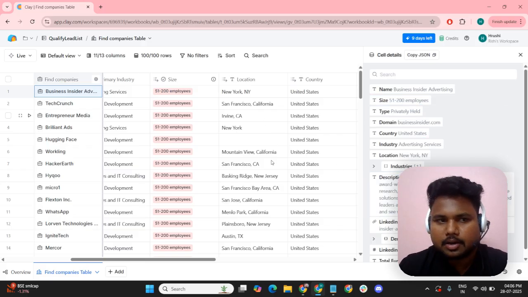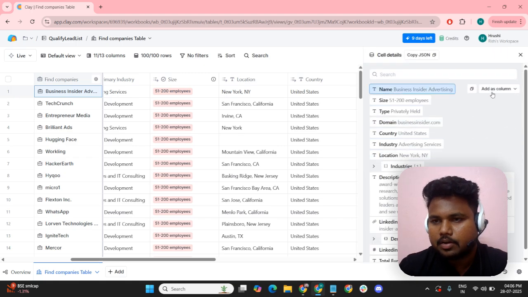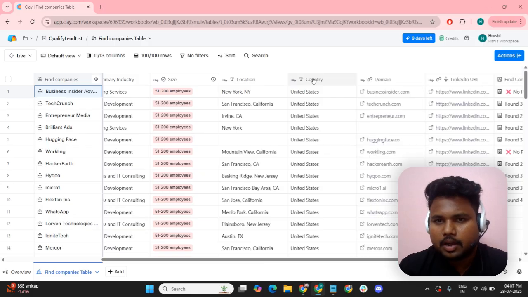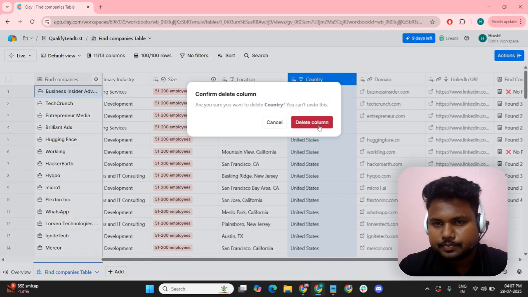These are all the metadata related to that company. This is the JSON format which is coming over here. If you want any kind of column, you can add it as a column. I am just deleting this country here,